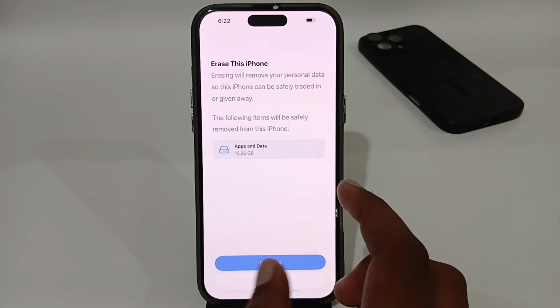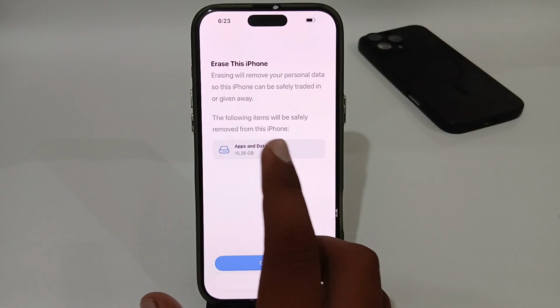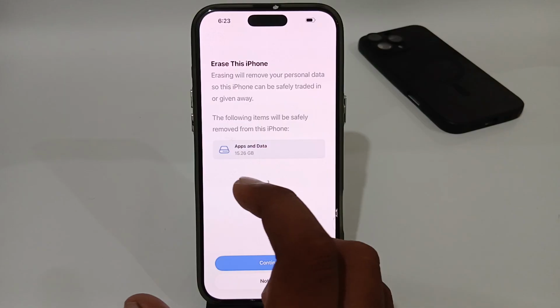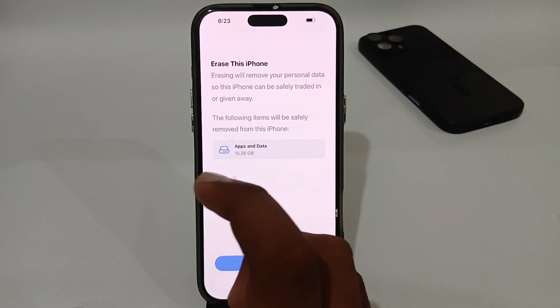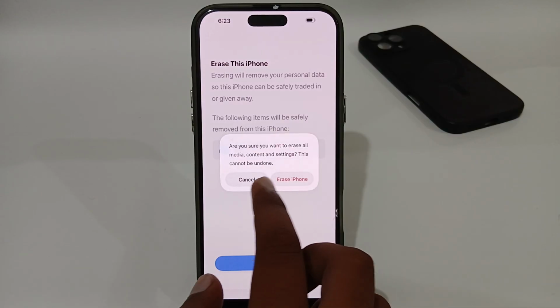Once you have selected, first of all you have to make sure that you have a backup of your data because it will remove everything from your phone. It might be your apps, photos, videos and much more. So you must make a backup and then select the continue option,